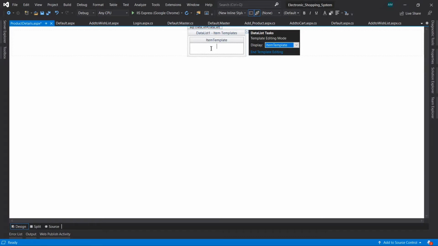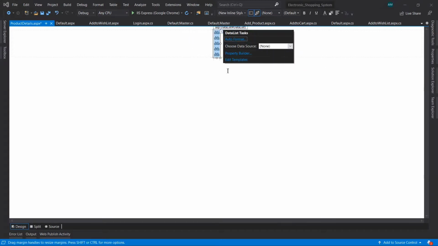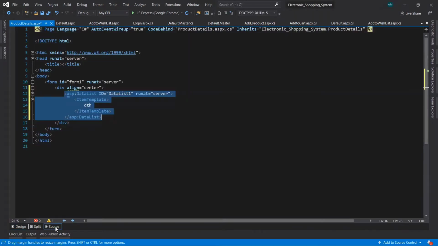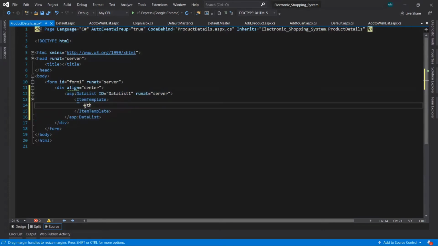Let's suppose I am giving this text. You can see the text I gave is repeating multiple times. Now go to the source code; inside the item template we have to add some code.